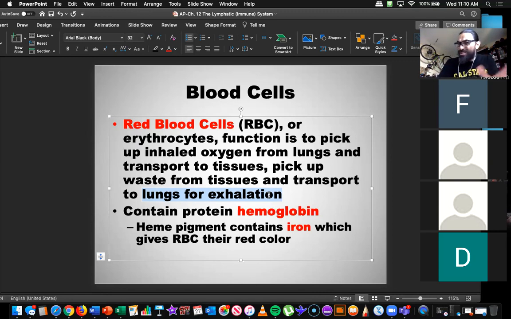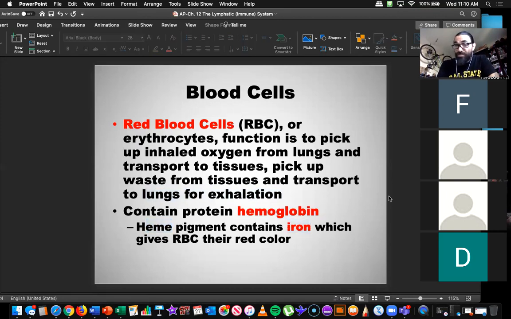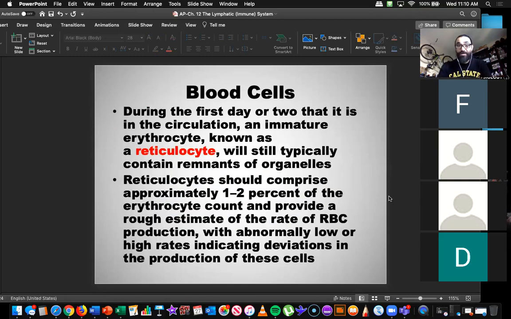Okay, but the red blood cells, their function is not really immunity. It doesn't really help for infection. I just wanted to mention it here because it's blood, and blood is a component of the lymphatic system. But I'll say it again, it doesn't really help you fight infection. However, what it does do for you is it has a protein that we call hemoglobin, which heme is Latin for iron, okay? And so iron is what gives red blood cells their red color. Now, here's why that's important, okay?